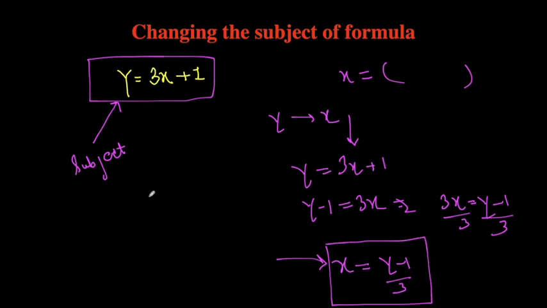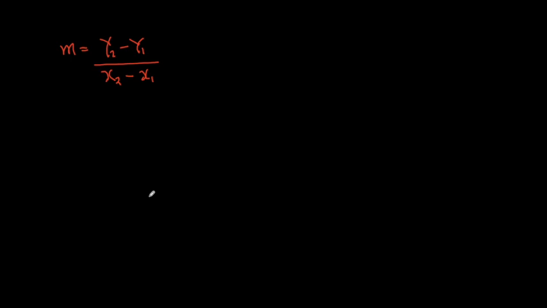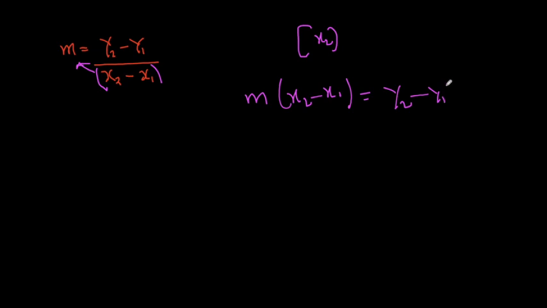Now let's start with another question. Here we want our subject as x2. Now how can we do that? To do that, first we have to multiply this by this. So basically we are trying to do the cross multiplication. So m times x2 minus x1. Remember that we want our subject as x2. Now y2 minus y1. Let's simplify this term. If you simplify, you will get m x2 minus m x1.